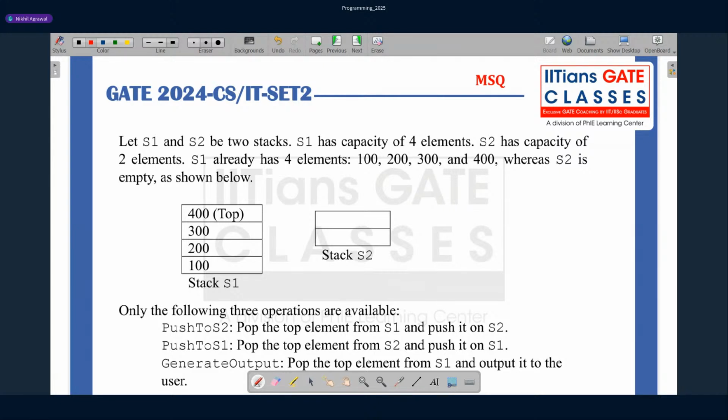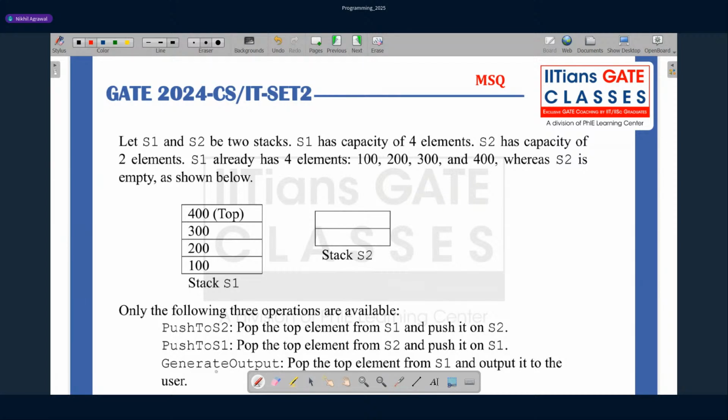Now only 3 operations can be performed. Push to S2 means you pop the element from S1 and push it onto S2. Push to S1 means you pop the top element from S2 and push it onto S1. If S2 has some elements, you transfer them from its top.